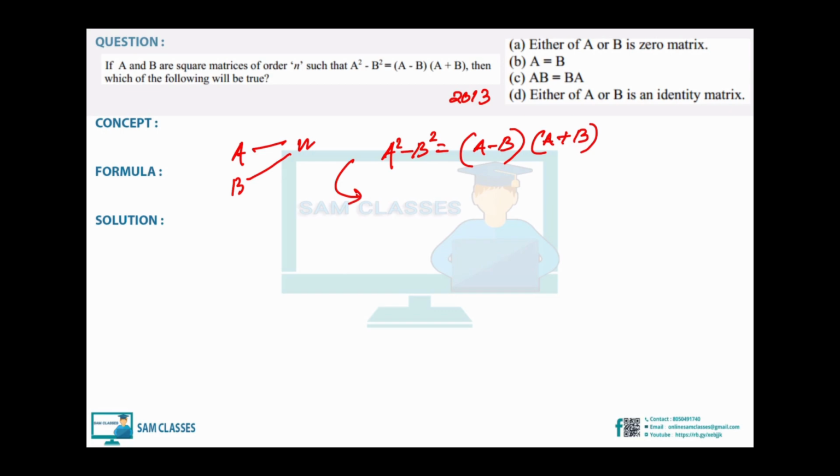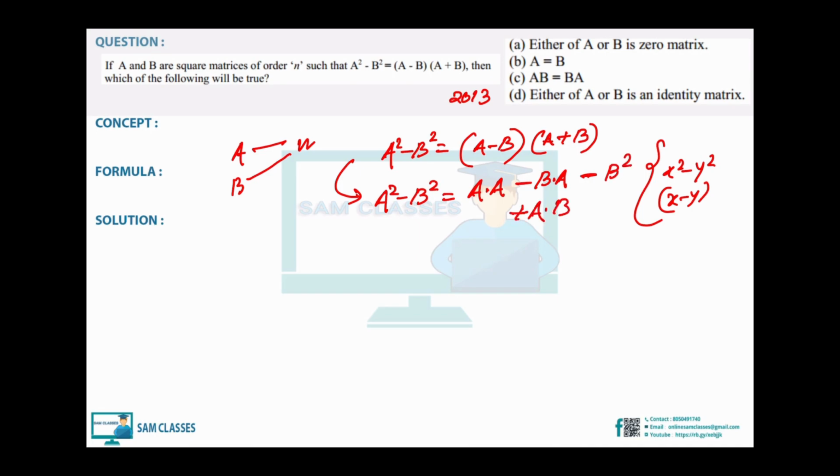So what we're going to do, we have one equation, let's solve it. A square minus B square formula, we already know. What is it? A minus B into A plus B. So just open it up. A square minus B square, let's keep this one as it is and multiply this. So A dot A, because it is matrix multiplication, minus B dot A. So be careful, minus of B square plus A dot B. Now we got A square minus B square is equal to, again, A square minus B dot